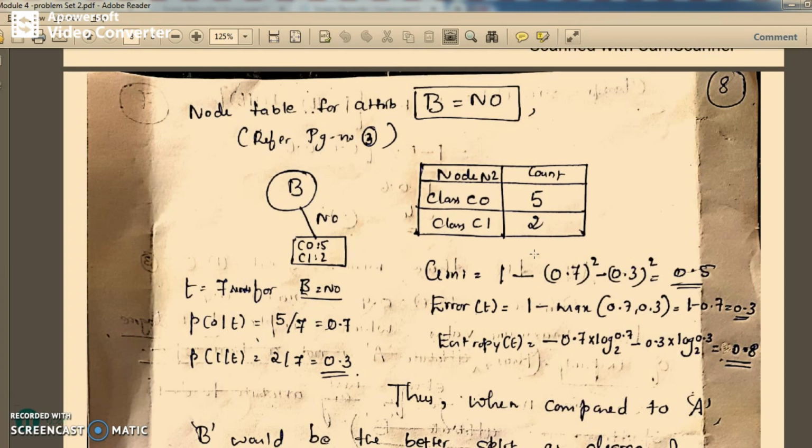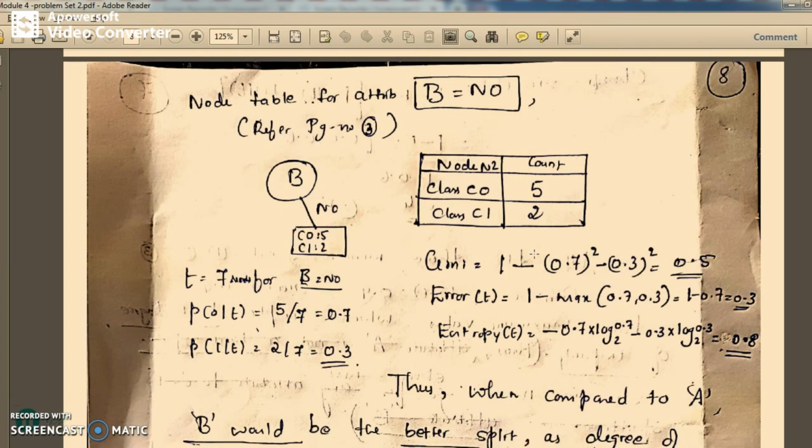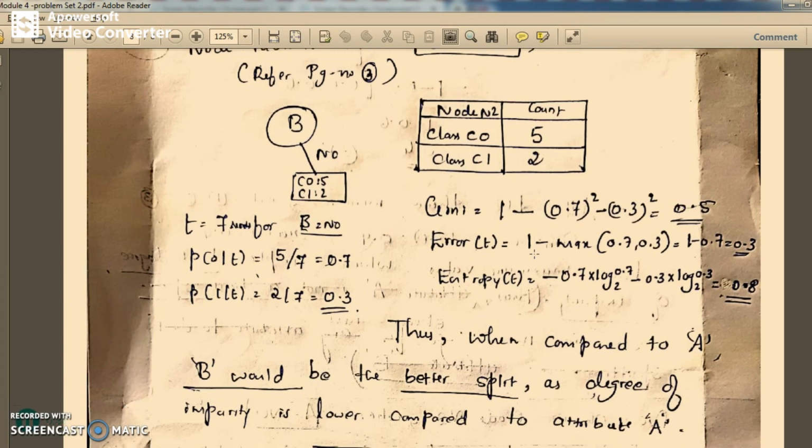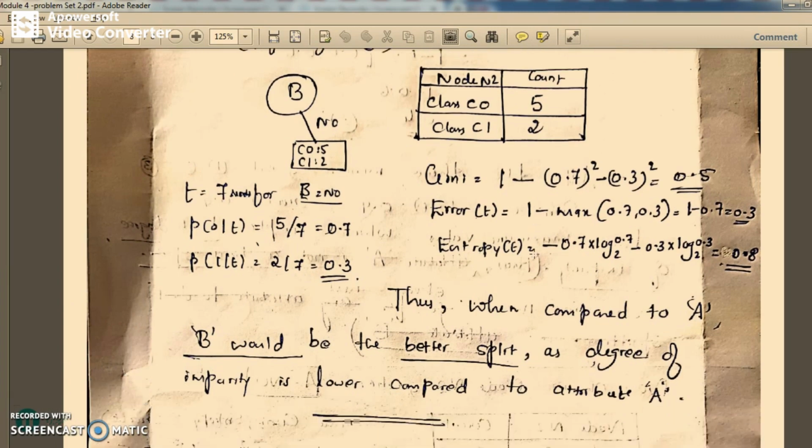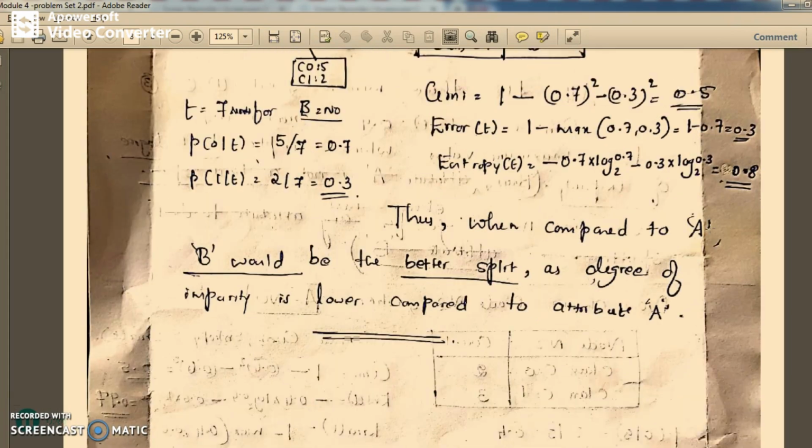I guess we stopped at the previous node N1, and for node N2 we are calculating the Gini error and entropy. So 0.5, 0.3, 0.8 you get here. You can see here that the Gini value remains the same, the entropy value is a little reduced, and the error value is also reduced, which is better than our